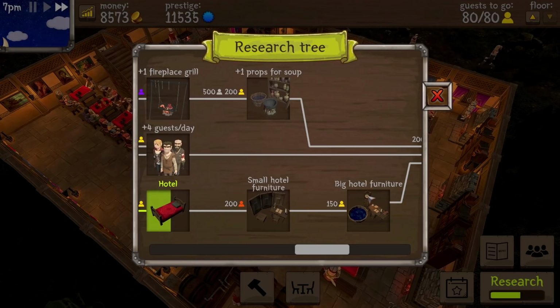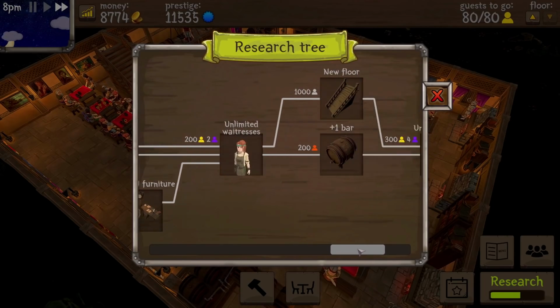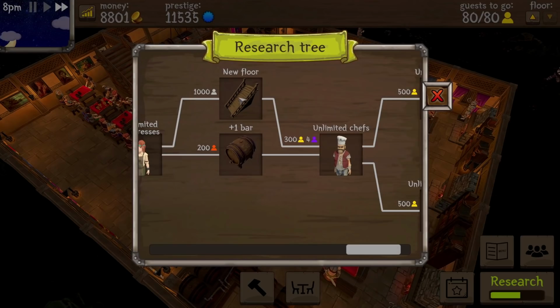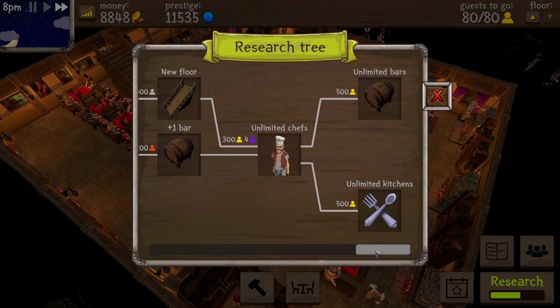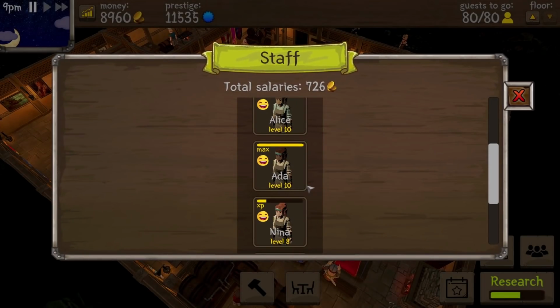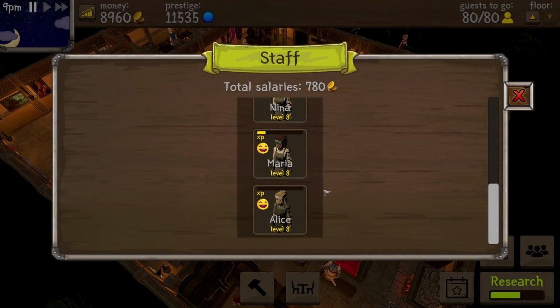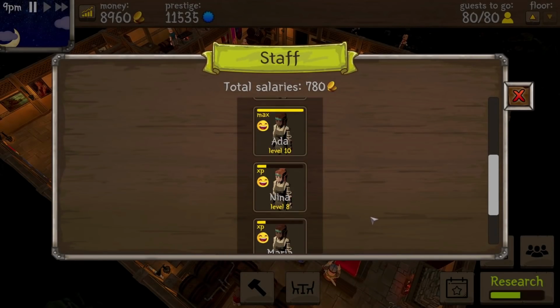I mean, that looks very exciting. That looks like a sort of grandfather clock type thing just there. That's very exciting indeed. And then do we have another floor? Yes, we do have another floor as well. Okay, right, this is interesting. Ooh, waitresses. We can have another waitress now, can't we? We can have extra ones. Okay, right, you get 1 tip for every drink served. That is good. So we'll have Alice. Hello, Alice. Welcome aboard. And I think...